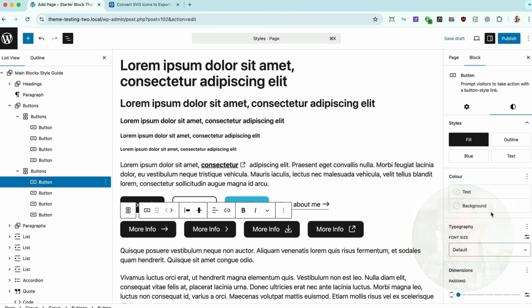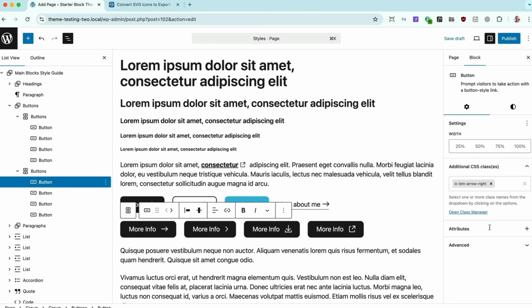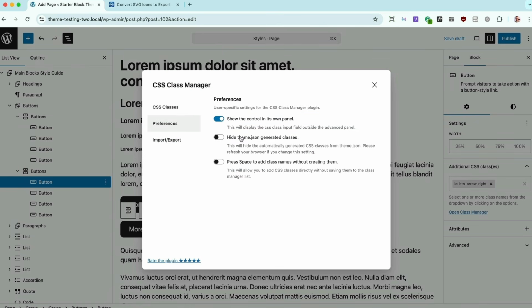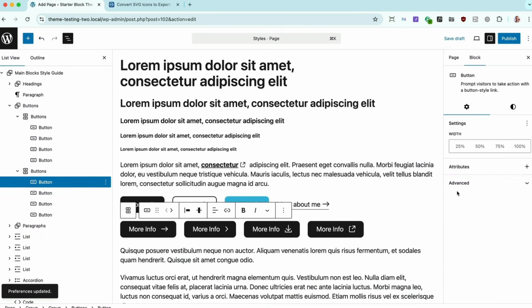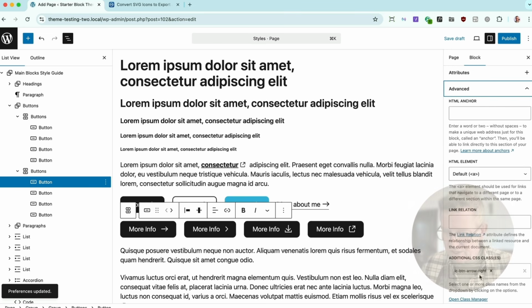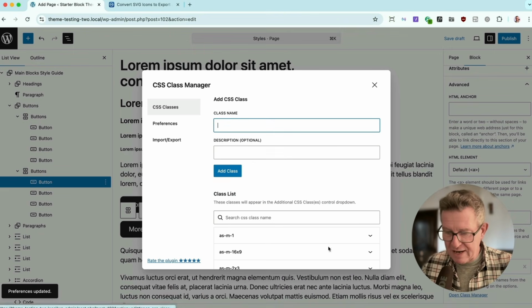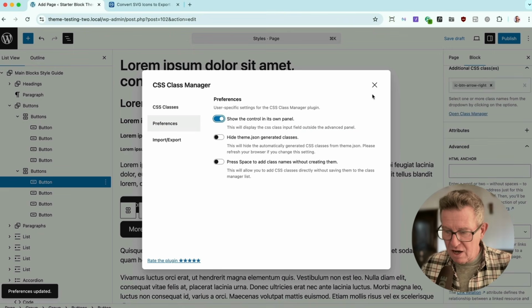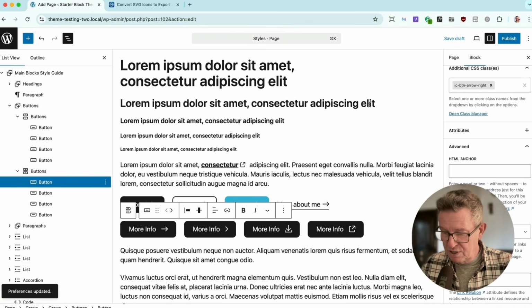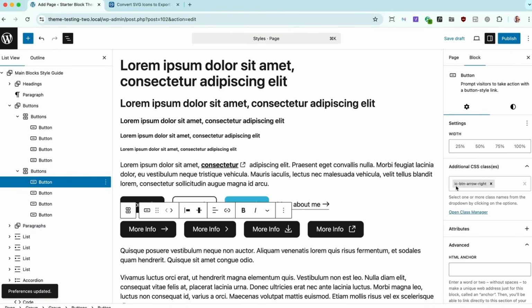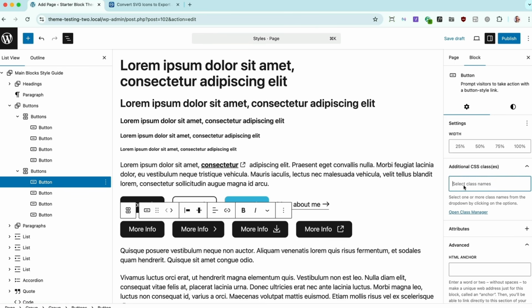So look, here's our button with an arrow. Now it's just a fill button according to this style. But if we look at the additional CSS classes, and remember on the class manager, once it's installed, you've got to go to your preferences and make sure show the control in its own panel. Otherwise that drops down into here, which is rubbish. You need it to hand because you're going to be using that a ton of times when you're doing all your CSS. So you see it's got a class on it, icon, button, arrow, right. Take that off, it goes away. You know, icon,